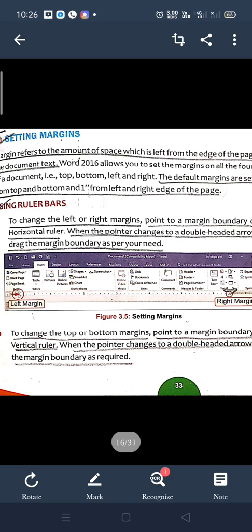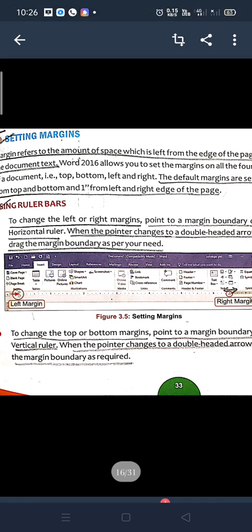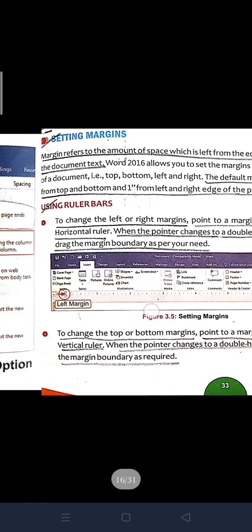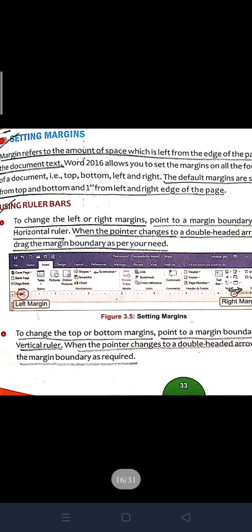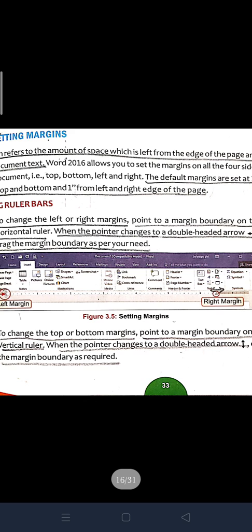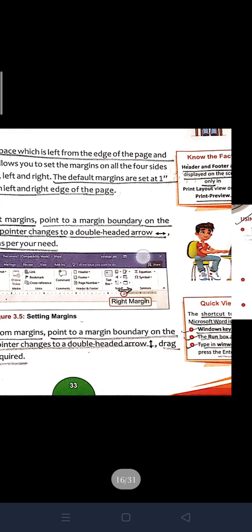Okay, now here you can see there is a left margin indicator, and here you can see a right margin indicator. Now when you put your pointer on this, your pointer changes into a double-headed arrow as mentioned here. You can see here. Okay, and then you can drag it to increase or decrease the margin boundary. The same you can do with the top and bottom margin also. Right children, now moving ahead with this topic,